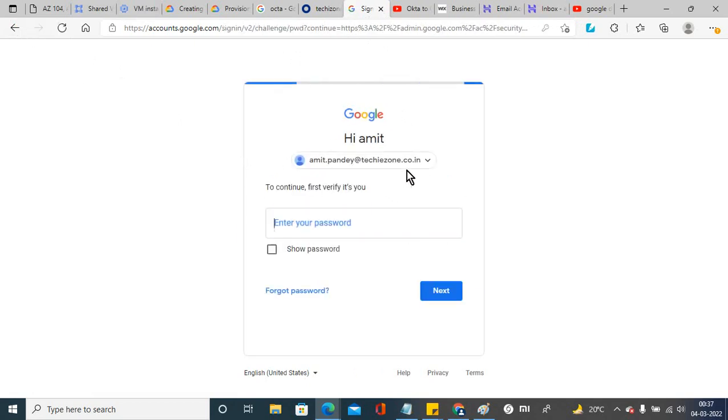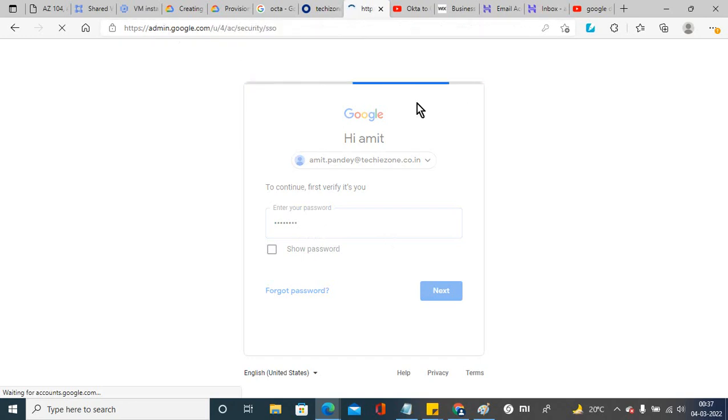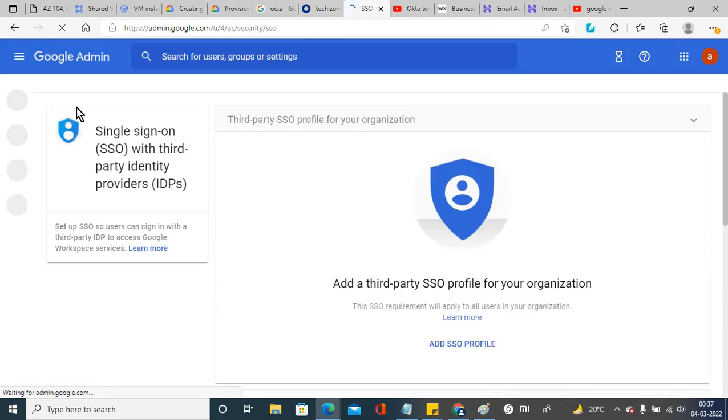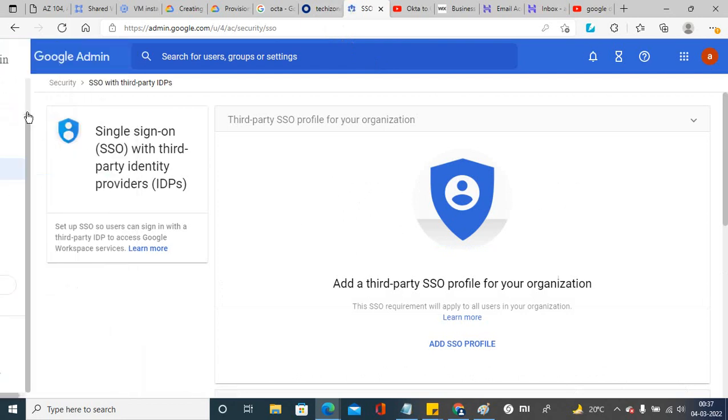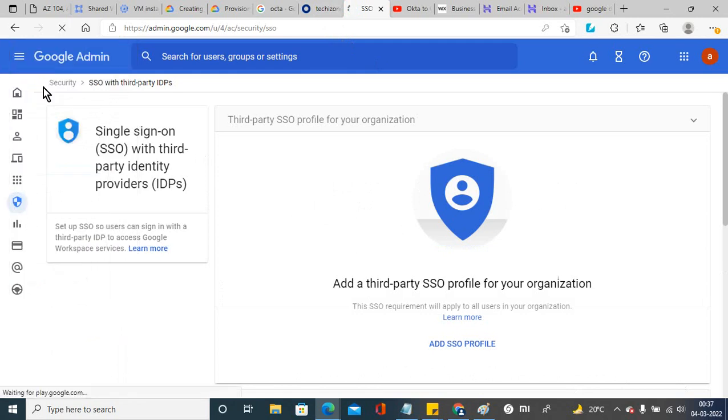So just techizone.co.in. Just log in to the admin console of the GCP. So this is my admin console. You can go to the dashboard